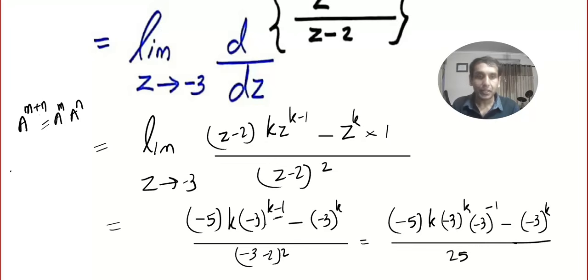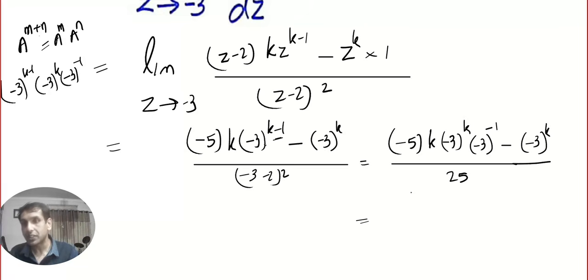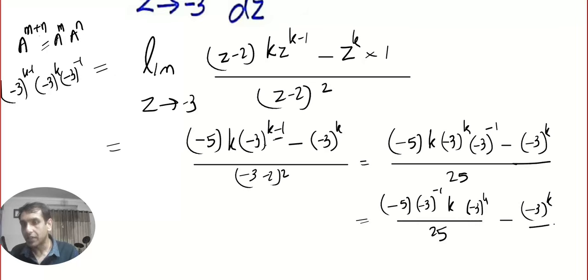Once more, if you are confused, I'll put it like this: minus 3 the whole power k minus 1. It splits and it becomes minus 3 the whole power k times minus 3 the whole power minus 1. It's just basic simplification. So we get minus 5 multiplied by minus 3 the whole power minus 1 multiplied by k minus 3 the whole power k divided by 25 minus minus 3 the whole power k divided by 25,